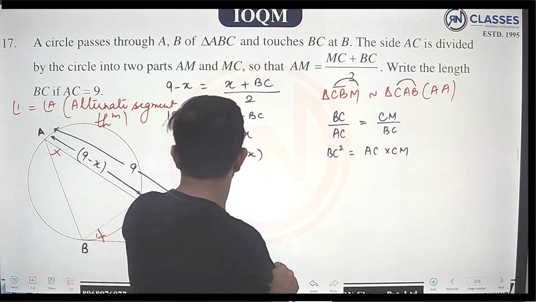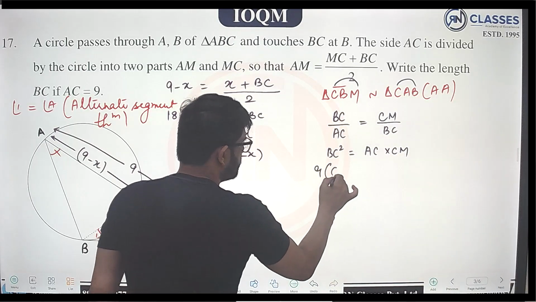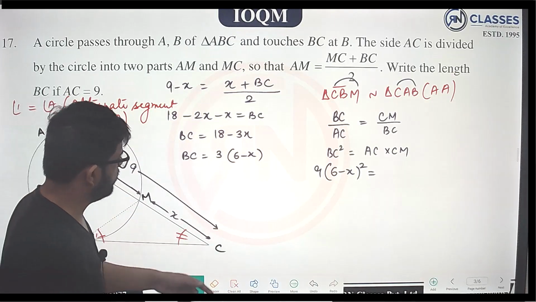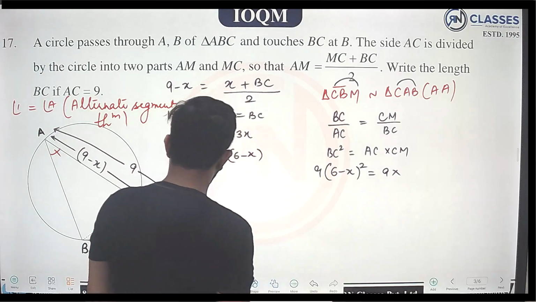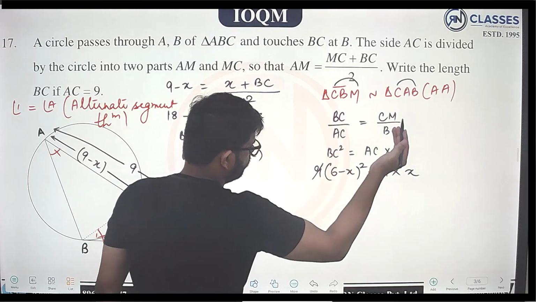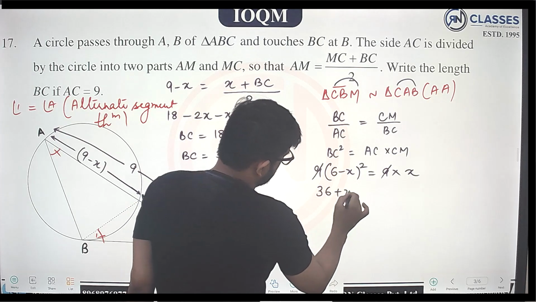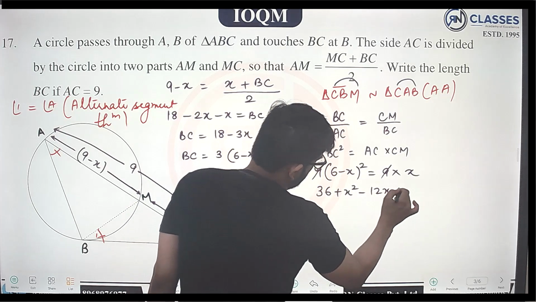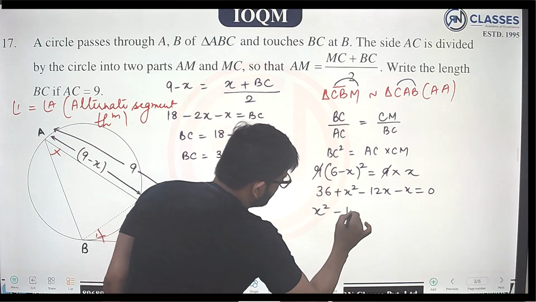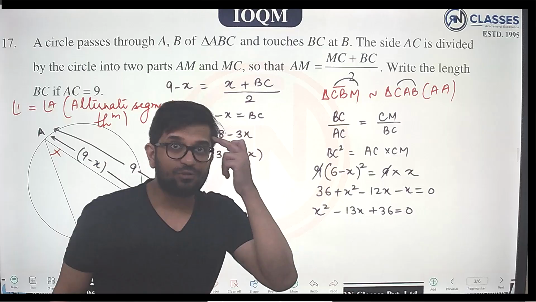सो BC मेरे को ऑलरेडी दिया हुआ है, उसका स्क्वायर अगर मैं करता हूं तो 3 का स्क्वायर मेरे पास 9 आ जाता है, और 6 माइनस x का मैंने स्क्वायर कर दिया, AC तो है ही 9, लो जी कट गया AC में, CM x है, लो कहानी खत्म हो गया, ये कैंसिल हो गया, खोल दो, दिस इज व्हाट वी कैन डू। सो मैं अगर इसको खोल दूं तो ये आ गया मेरे पास 36 प्लस x स्क्वायर माइनस 12x माइनस x इक्वल टू 0। सो मेरे पास इक्वेशन क्या बन गई, x स्क्वायर माइनस 13x प्लस 36 इक्वल टू 0।